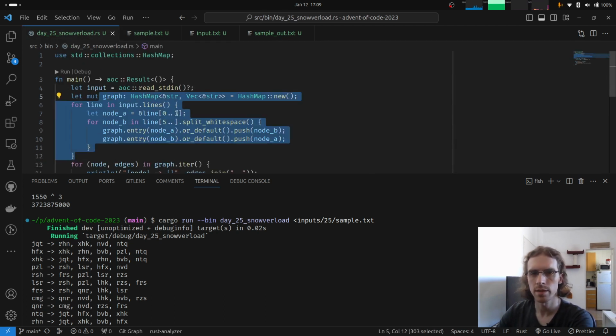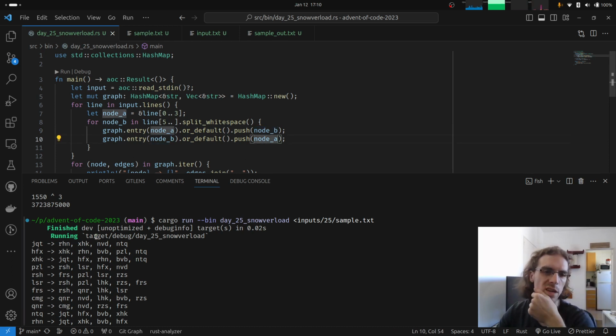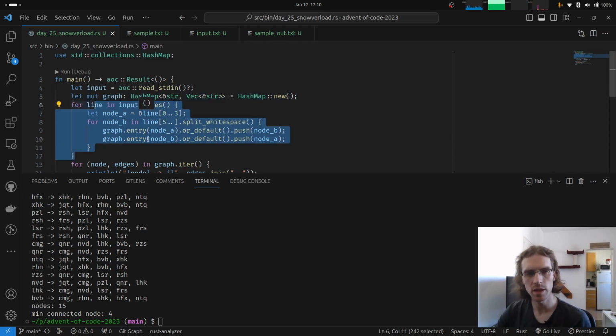So this code is just reading the input and creating a graph in the shape of a hash map from a node ID into all the nodes that it is connected to, and it goes both directions. So we insert from A to B and then from B to A. Very simple thing. This, I think, we could try to convert. So what I was thinking is either we convert this into an adjacency matrix, or we keep it in this shape or something like this,